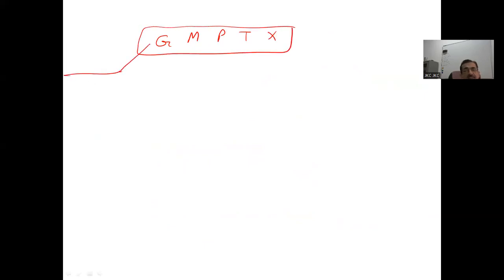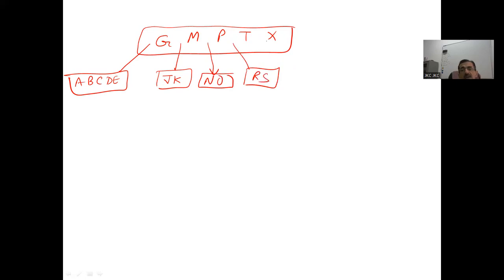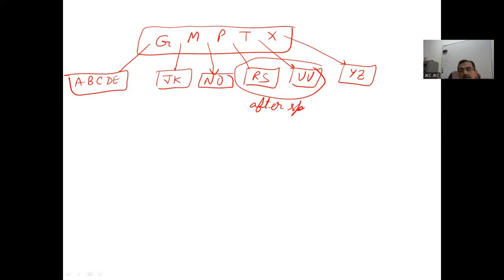Before G, I have here say A, B, C, D, E. Now here I have JK. Here I get NO. Here I get RS. Here I get UV. And here the already existing Y's. So this is the tree after splitting. After splitting, this happens. So this works well, can be a good solution, and we are still able to do it,